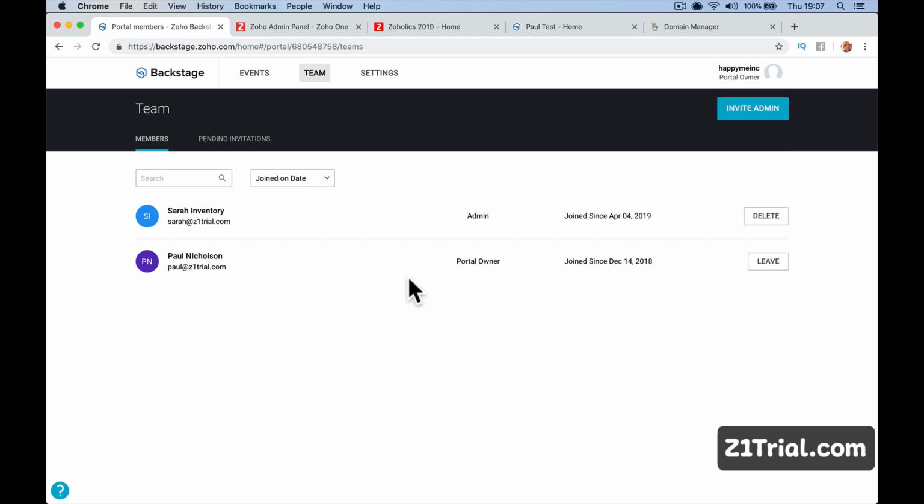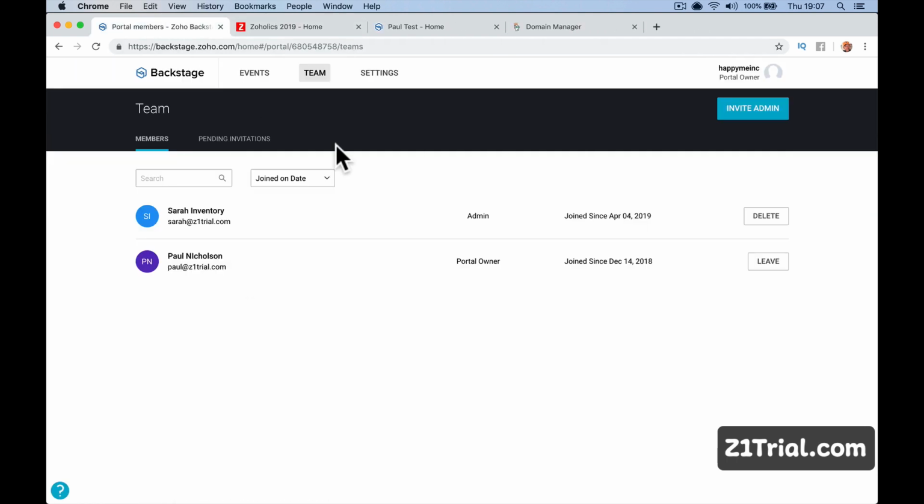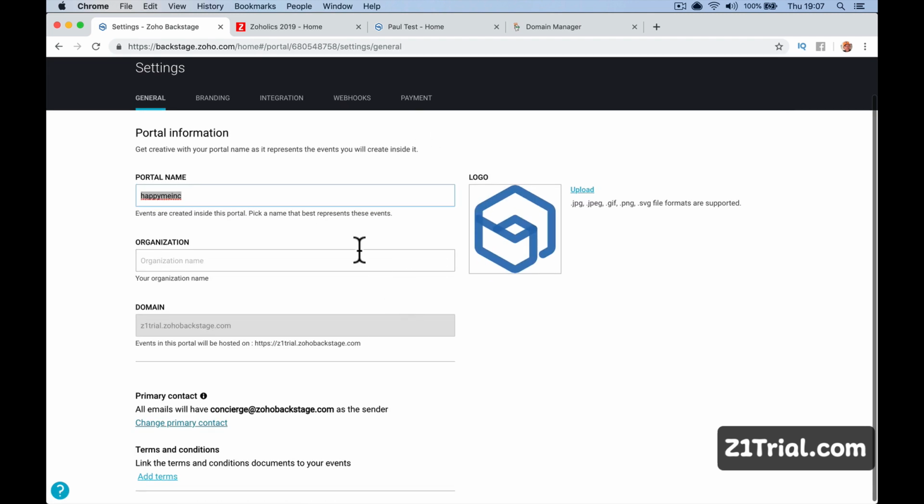If you've got more people signed up on your account, you can just straight up add them. Otherwise, this is Zoho ONE, you're going to have to add a user and invite them in. That's as easy as it is to add a team member. If I go to settings, just set up